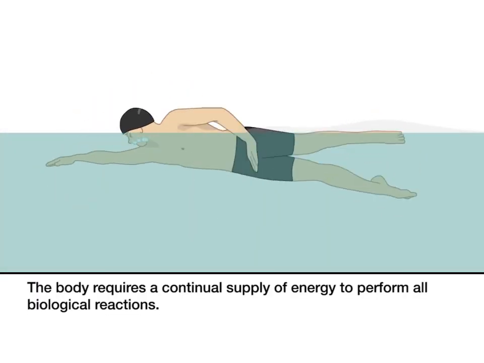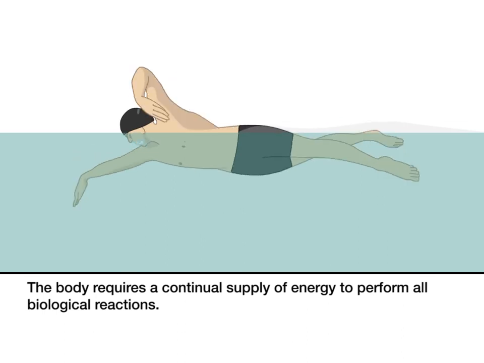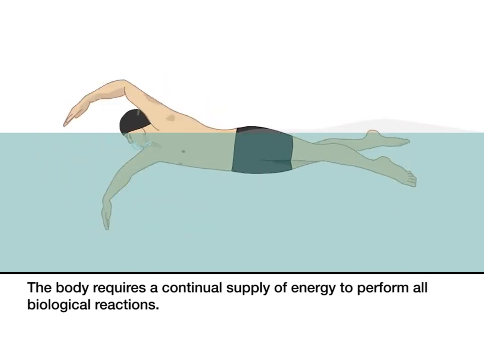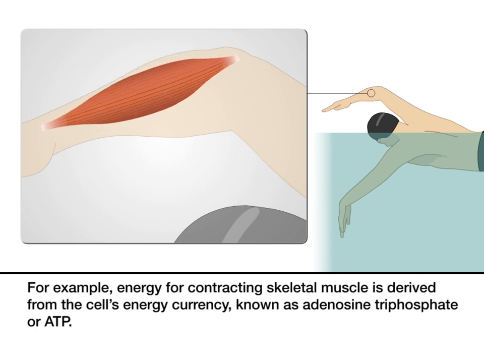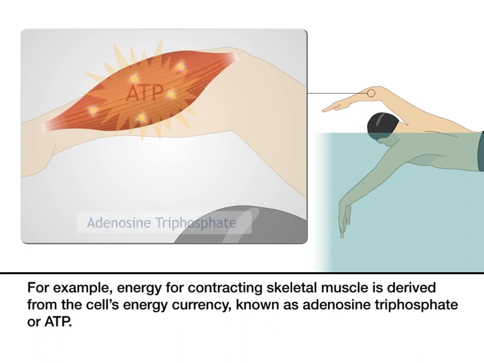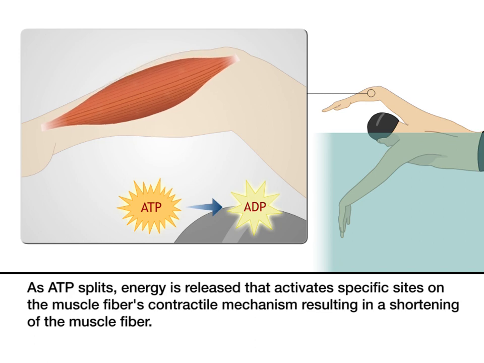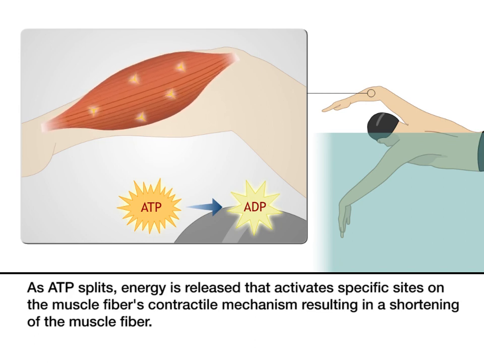The body requires a continual supply of energy to perform all biological reactions. For example, energy for contracting skeletal muscle is derived from the cell's energy currency, known as adenosine triphosphate, or ATP. As ATP splits, energy is released that activates specific sites on the muscle fiber's contractile mechanism, resulting in a shortening